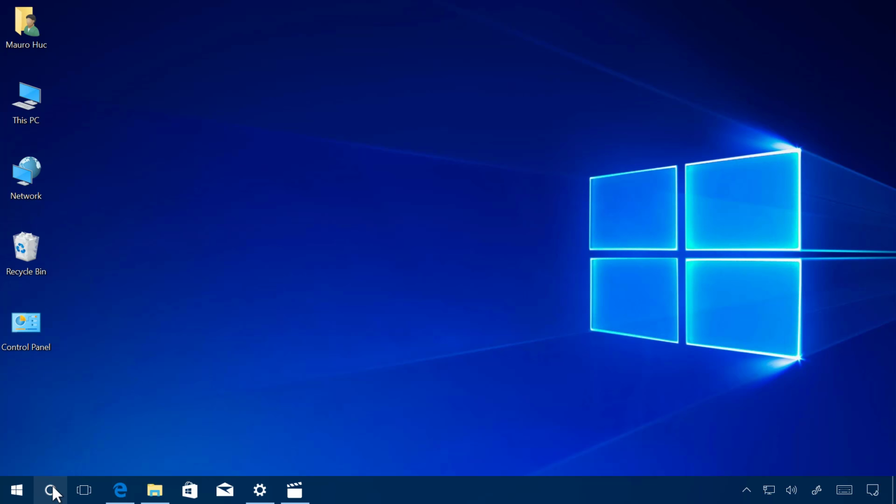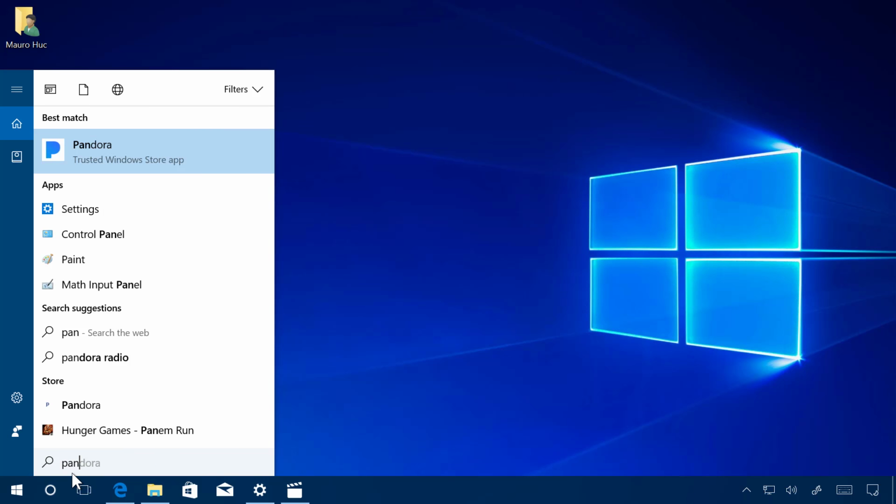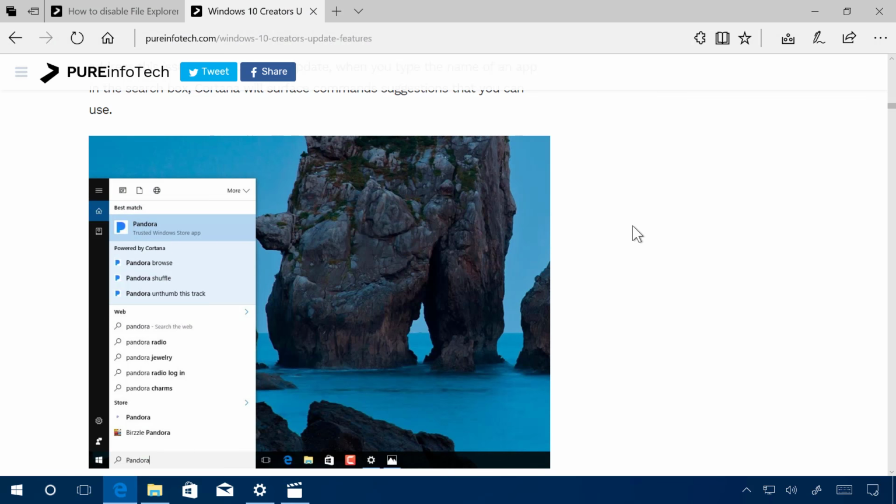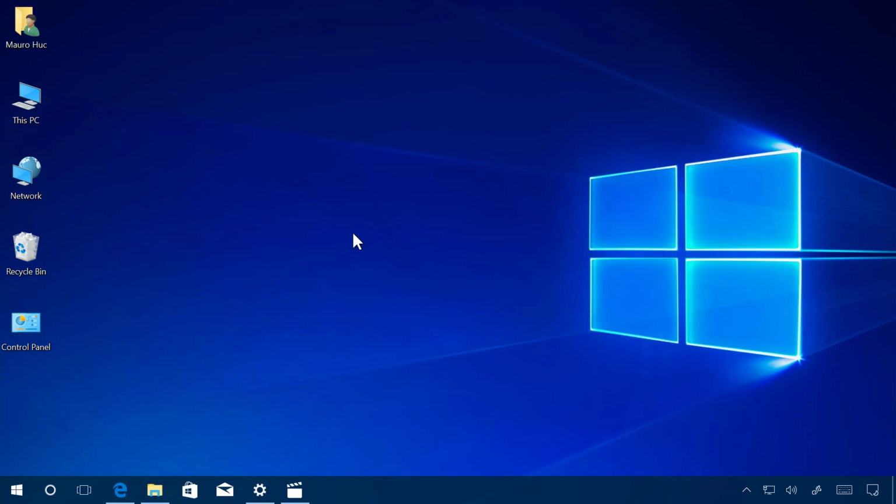But if you type Pandora, for example, you should be able to see the commands, but you don't see it right here. But let me just show you an earlier preview. You can see that I type Pandora, and as you can see at the bottom, you will see powered by Cortana, and you will see the commands that you can use with this app. I'm sure that when you get the update, you're going to get this feature, but for this video, it's not